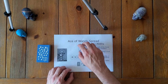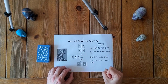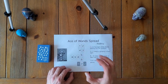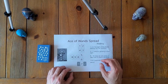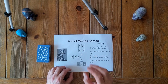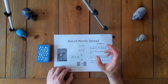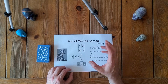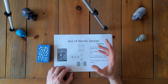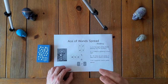So instead, I've got a group of cards that give us a certain kind of information, right? Card number 1 through 4 is the divine light shining into our current situation. And that light is shining through the filter of our perception, right? So though the divine light is pure and it's love and it's joy and it's gratitude and it's creative and it's well-being and it's pure awareness and all of that wonderful stuff, it comes through our filter, it comes through